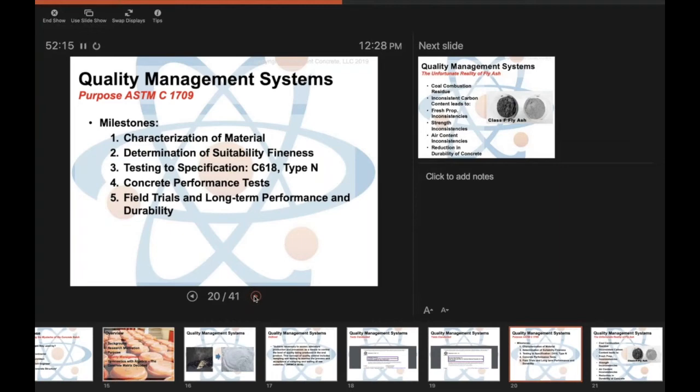So one of those milestones is characterization of the material. That's your raw material, the particle size distribution, the chemical analysis. It starts out on a very low level. And as you move forward through phase 2, you get to a higher determination of suitability of fineness. And that includes not only that particle size distribution, that chemical analysis, but what we have to do is use